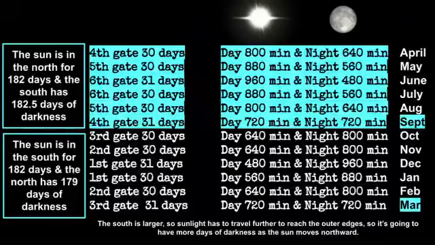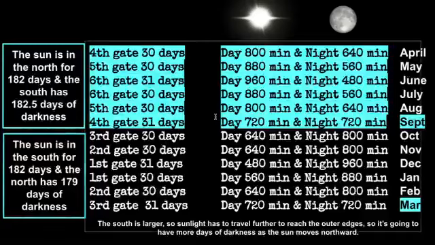And then it goes to the fifth gate again and to the fourth gate again, and that's when the sun goes from the north to the south. Again, I'm going to show you visuals so this will all make more sense. But the equinoxes would be highlighted right here. You have September, where you have even 720 minutes of sunlight and 720 minutes of night time. And this is the math that shows us, again, when the equinoxes would occur, and it would be at a gate change.